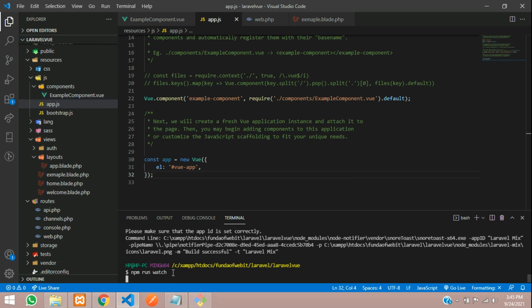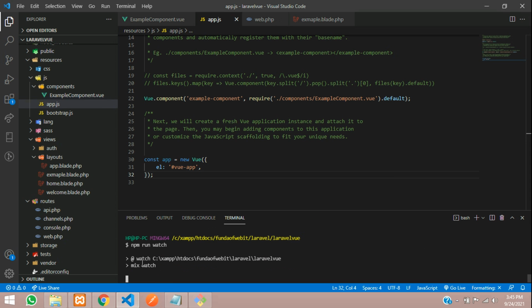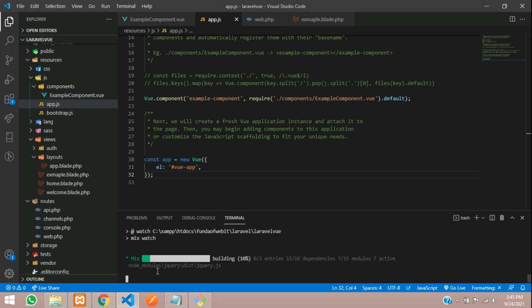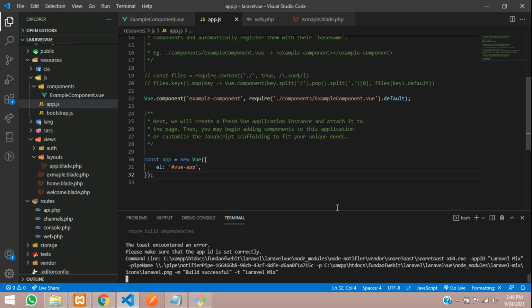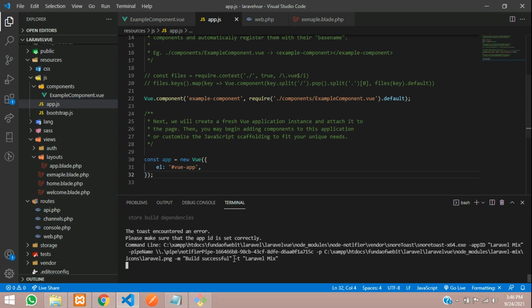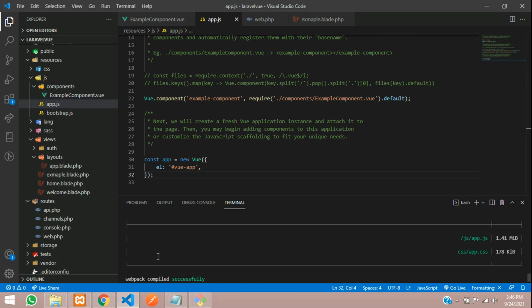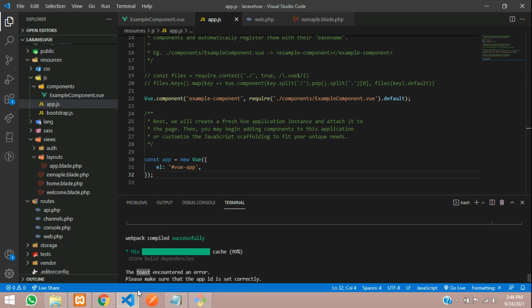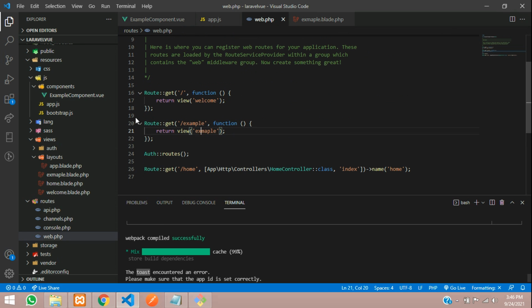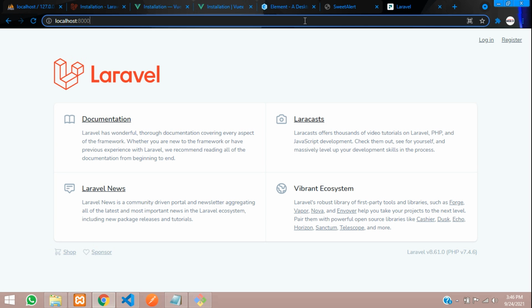Let's enter, and here it started. Let's wait for it to finish building. All set, it is shown as built successfully. Let me show you. Here it is built successfully, but over here you are getting an error. This is a toast error, an alert error. In my system it is not set, so it is showing like that. Now let's go to our web.php, copy the route, and see the output.